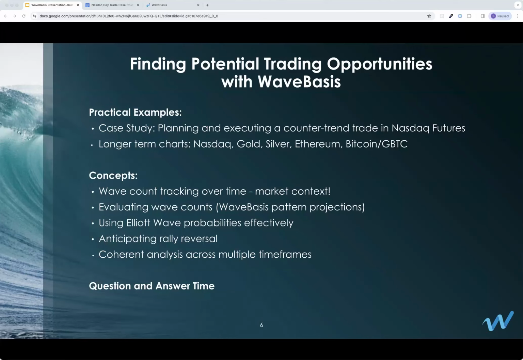So a big part of my goal today is to provide some insight into the thought process that goes into this particular trade that I'm going to look at, that is, a counter trend trade in Nasdaq futures. And it's actually really kind of cool that the timing of this example couldn't be more perfect, because it looks like we're having the biggest one-day drop in Nasdaq so far this year. So that's great timing. The Elliott Wave gods are smiling on us. So with that, let's jump to the case study.